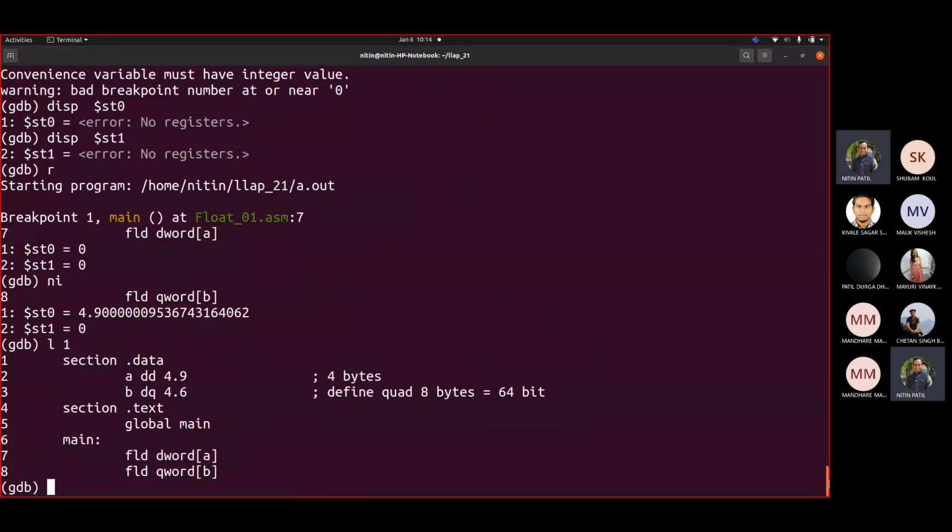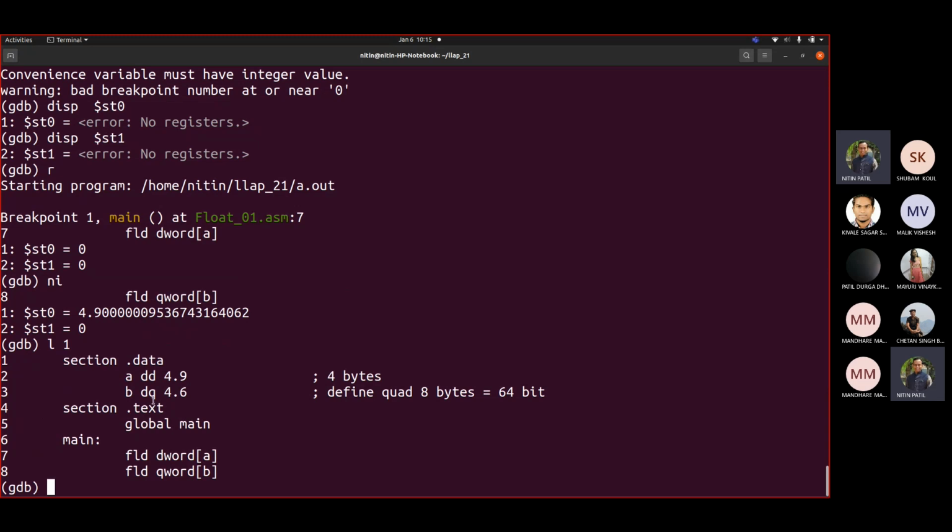But as we wrote the keyword and defined it with DD, that's why it was storing it in that form. Right? Because this number got changed, like you are trying to fit an 8-byte value into a 4-byte value. That was the reason. So whenever you are writing DD, then you write dword. Whenever you are writing DQ, then you have to write qword.